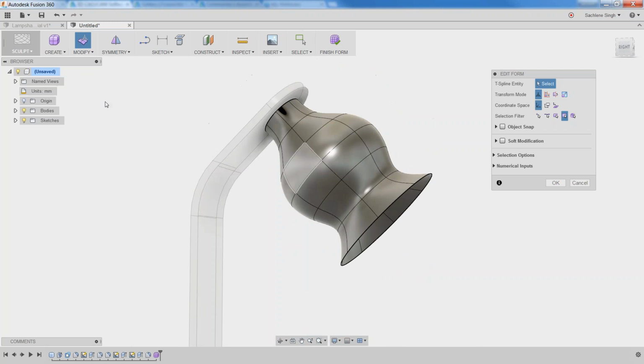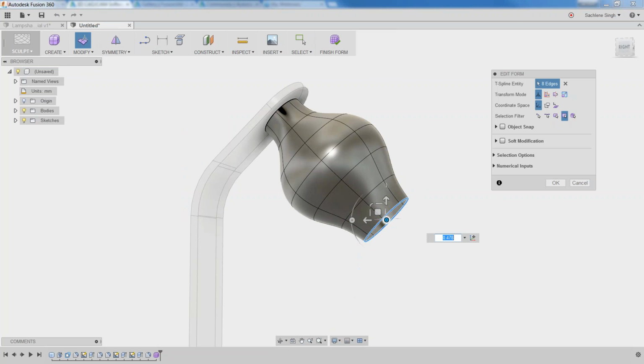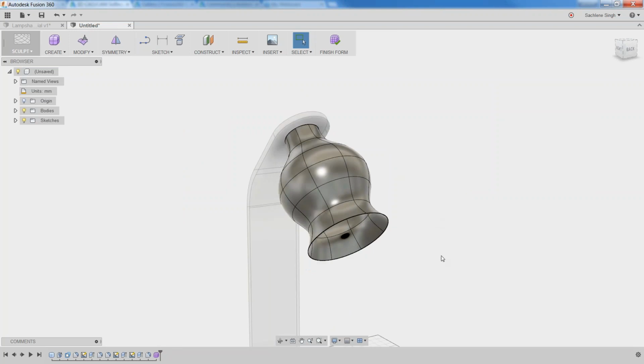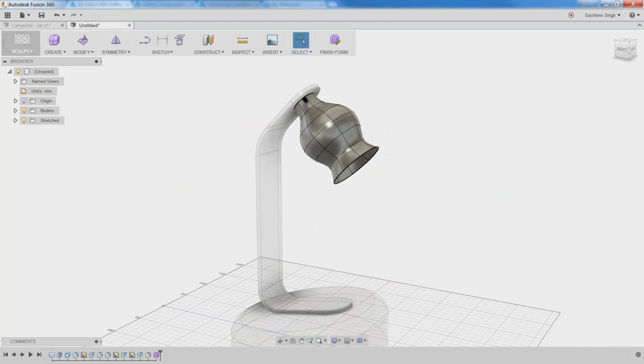So you can start playing with this. The one that I had on the previous design that I built was going in. Again, that works too. You could just pick the edge, use the Edit Form tool, and have it scale in instead of scaling out. Again, I have these edges scaled up as well. I just want this one to be a little bit different. So let's go ahead and do that. This is where your creative control comes into play, and you can start using that to sculpt that lampshade. Whenever you're done with the sculpting, all you need to do is say Finish